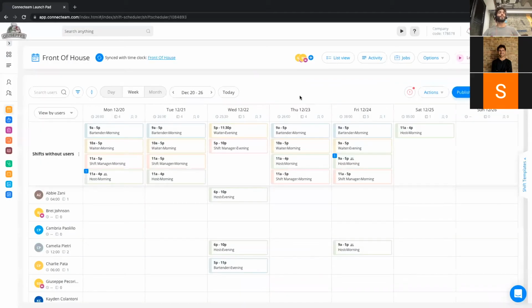This is it for the job scheduling. I think that's enough for now. We can always dip more, but for now I'll move on to the time clock. So in order to open my time clock, I can either click here, Time Clock,